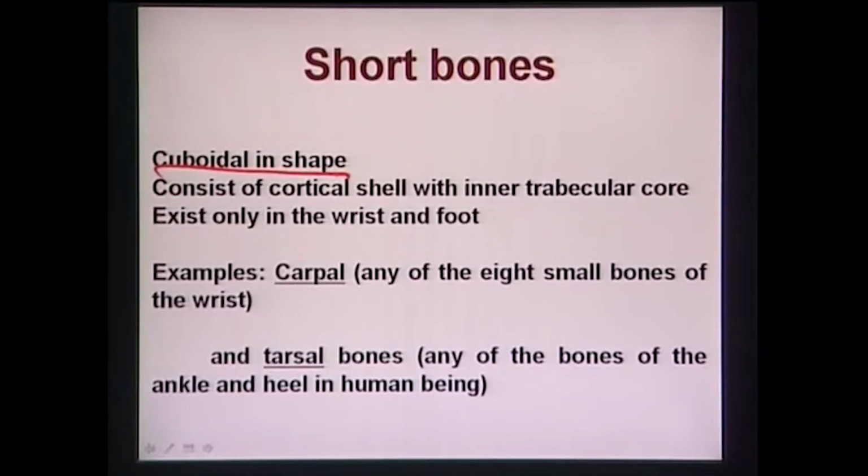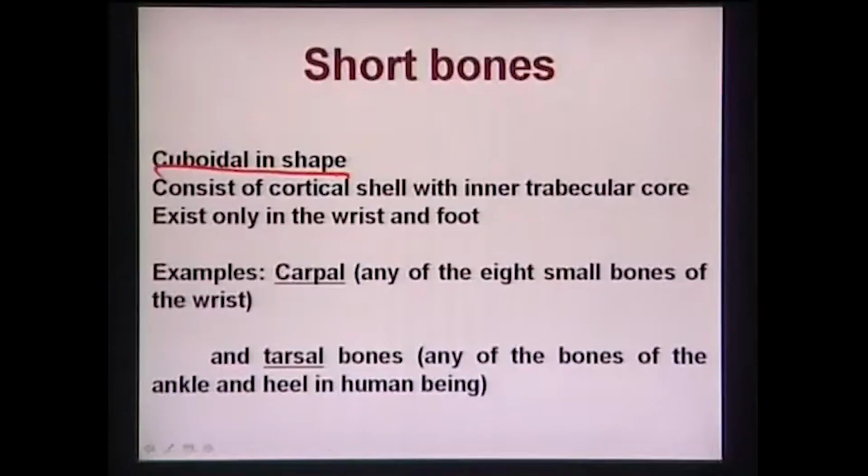Now short bones typically are cuboidal in shape. If you remember how these bones are classified into different types, long bones, if I can summarize, have a length much greater than the width, that means the aspect ratio is much greater than 1, and you have seen that long bones typically consist of cortical bone, trabecular bone or spongy bone, and the third one is the bone marrow region or medulla region. Then you have flat bones, and you have irregular bones. Then you have short bones, typically cuboidal in shape, and it consists of the cortical shell with